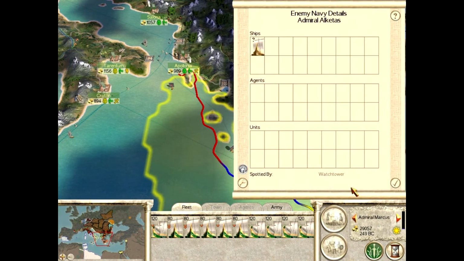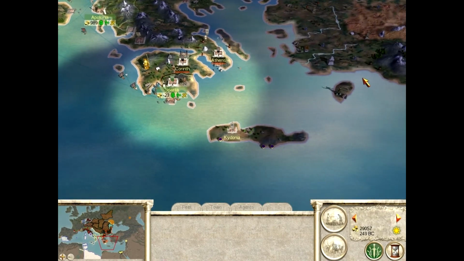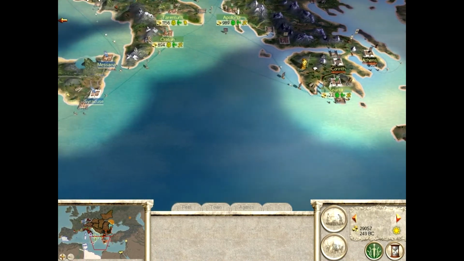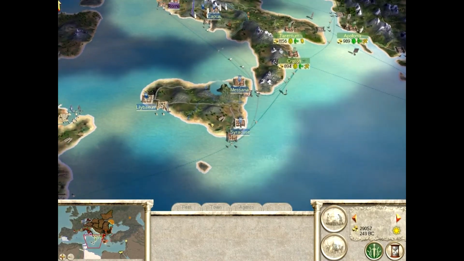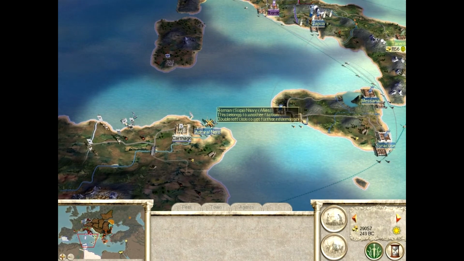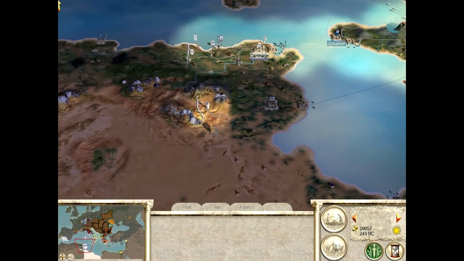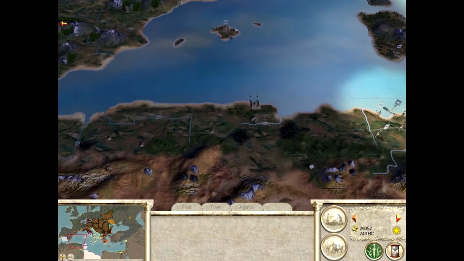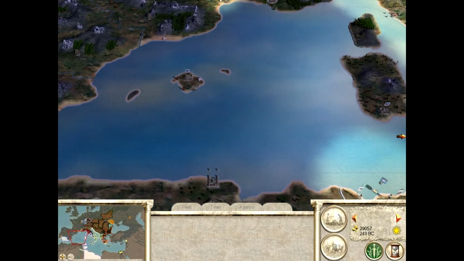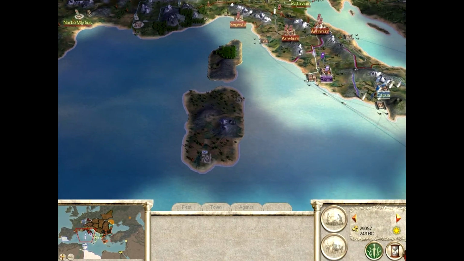I'm going to start building up a fairly massive navy once I have control of these two Mediterranean islands. Doubt if I could pull it off, but after that, if I could conquer these islands from Carthage,